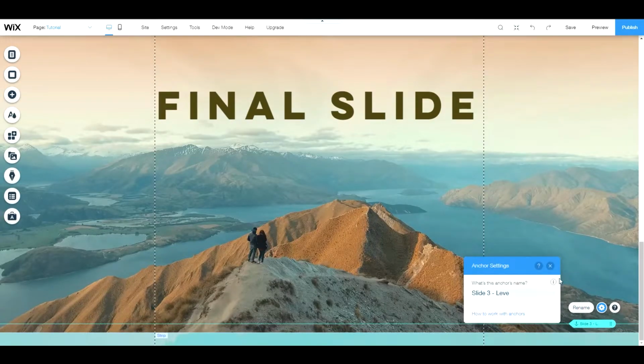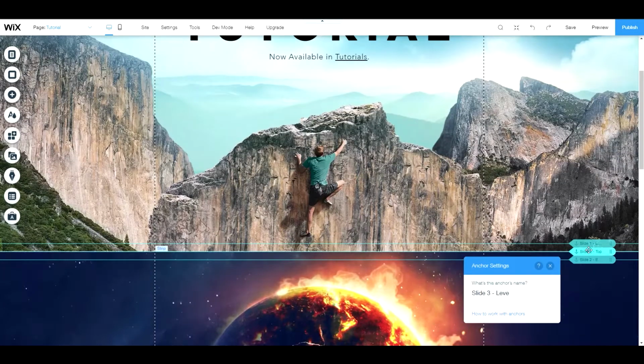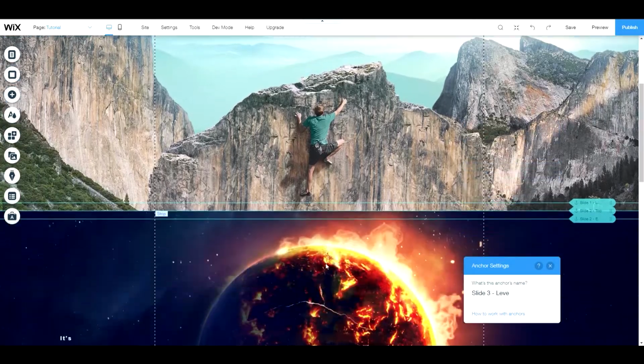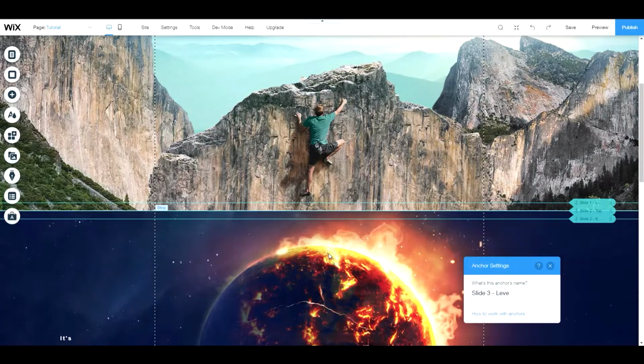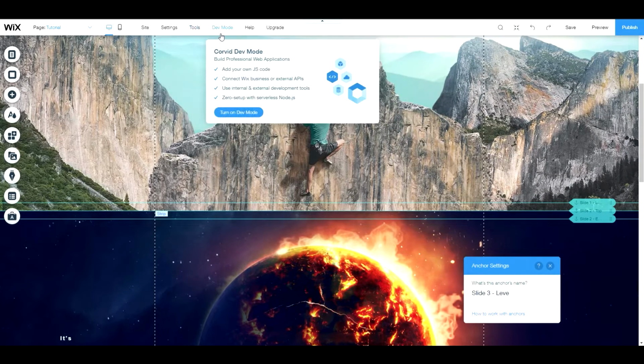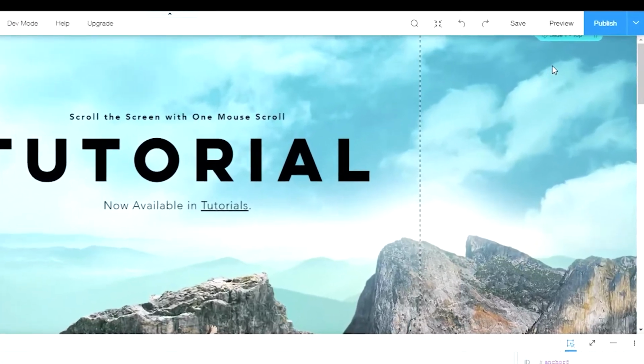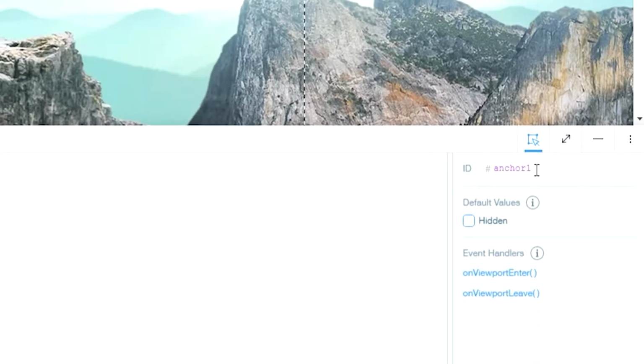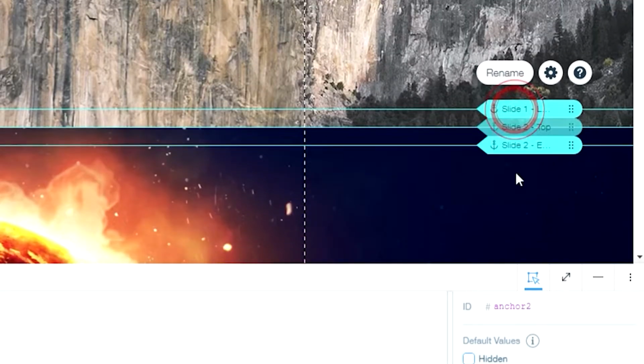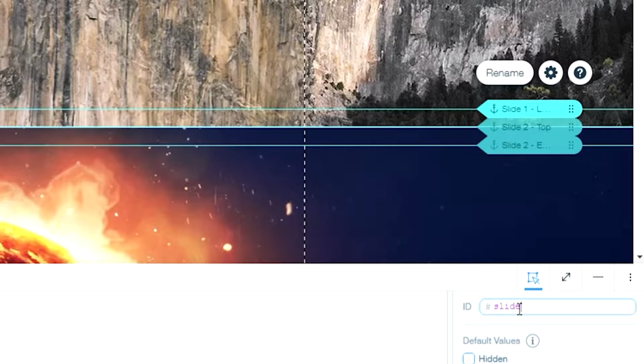So after we added the anchors to the page, we need to give each one a unique ID so we can use them in our code. So to do so, let's first enable the development mode. Then I'm going to go to the first one and name it slide 1 top. And this one I'm going to rename to slide 1 leave, and this one